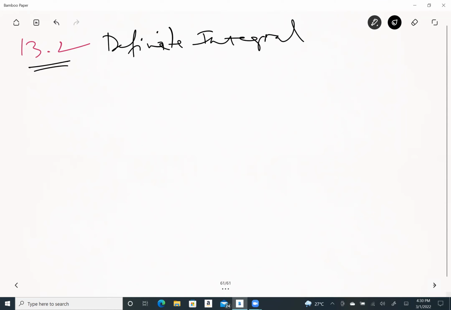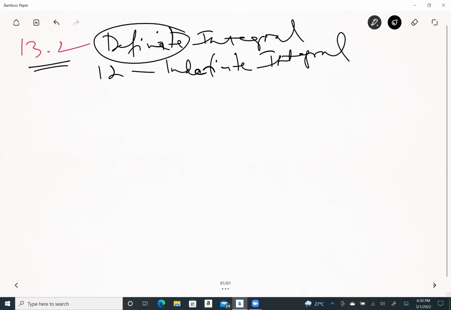So chapter 12 is indefinite integral, or just call it integral. But another name for it is indefinite. Now, as opposed to that, in the definite integral we are taking the integral of a function